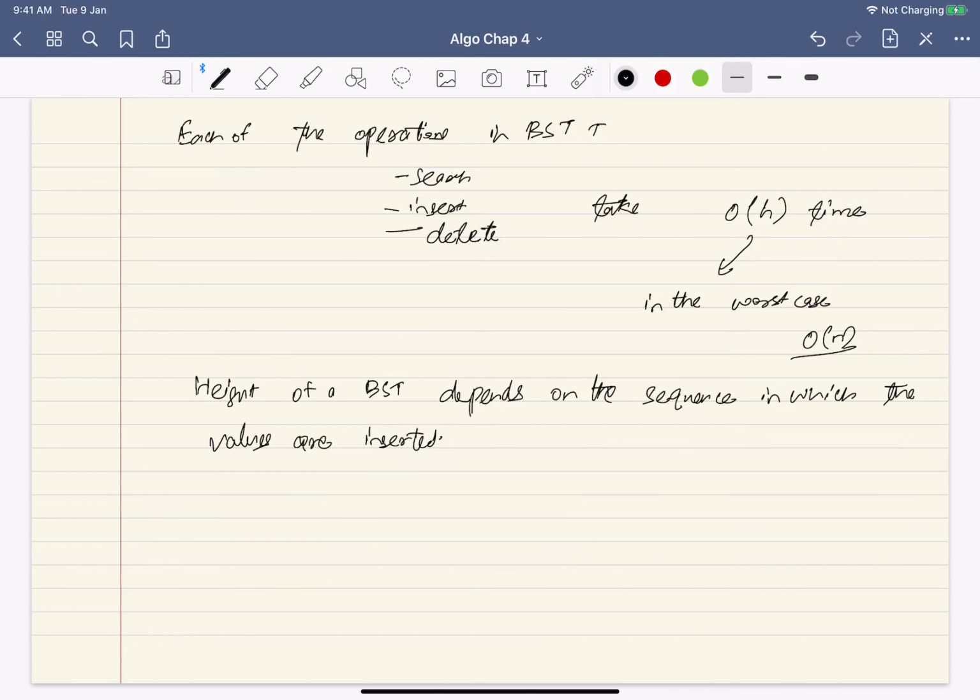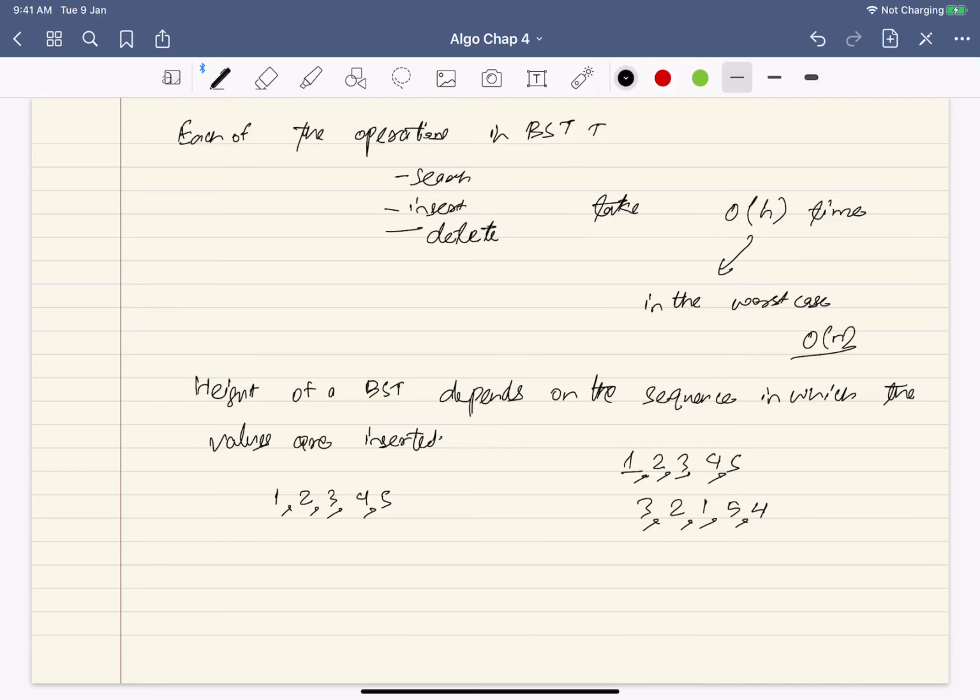For example, we were talking about 1, 2, 3, 4, 5. I can put that in this order: 1, 2, 3, 4, 5. Or I can do 3, 2, 1, 5, 4. I can put them in multiple orders.